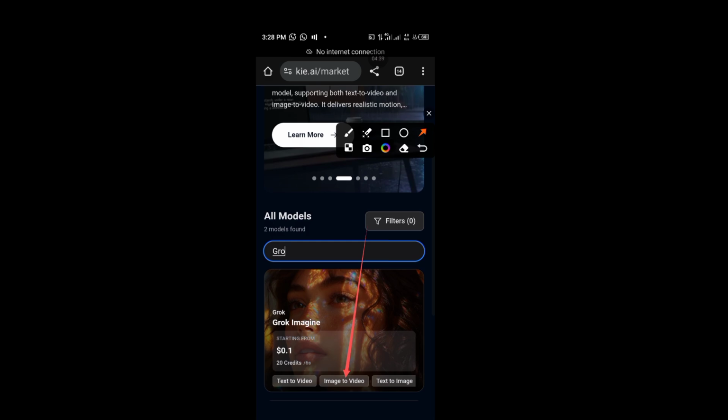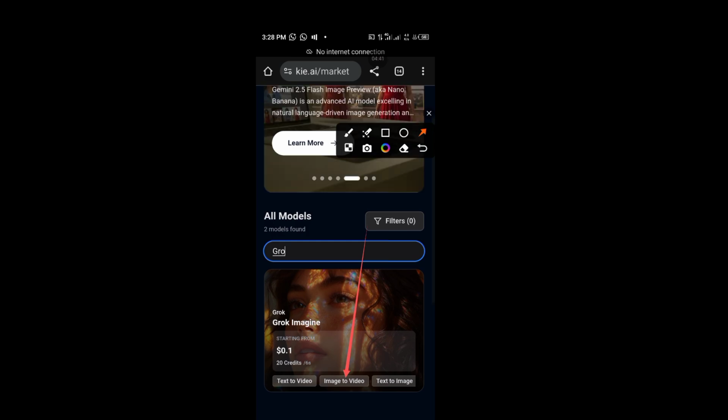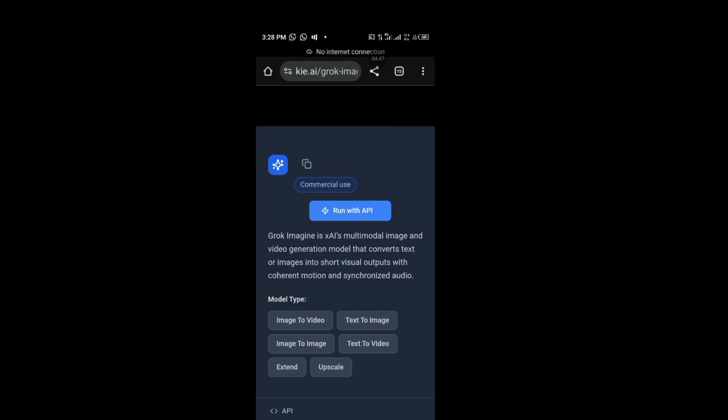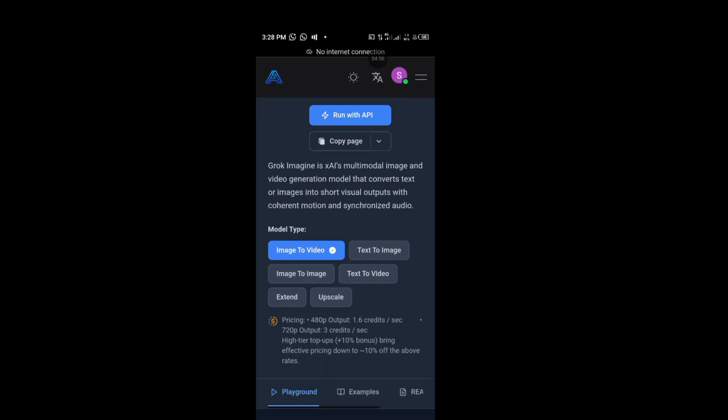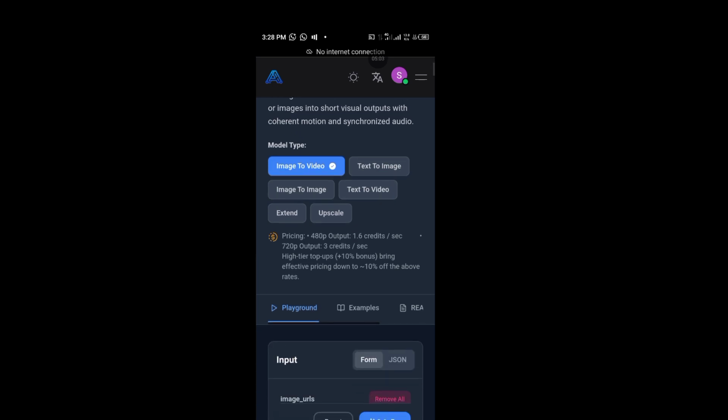Now once you click it, it will open like this. You give it time for it to load. It will open like this. Once you see this space, you do what? You scroll down. You see image to video, text to image, image to image, text to video, and all of that. I don't want to waste much of our time, so scroll down